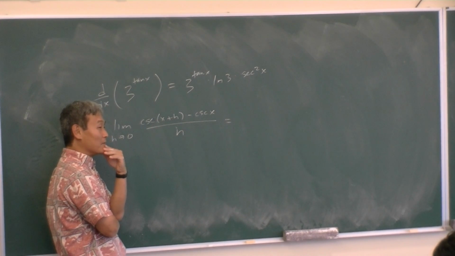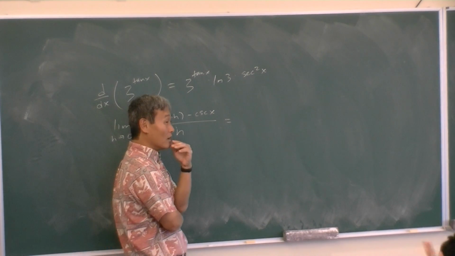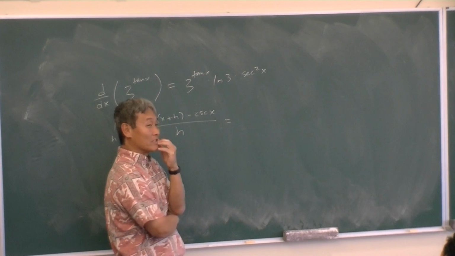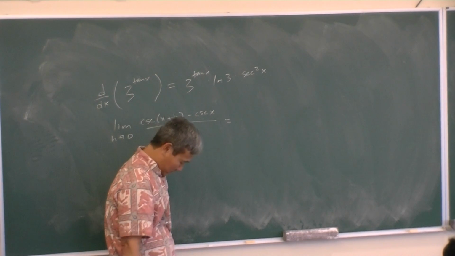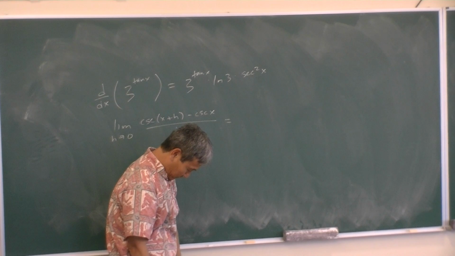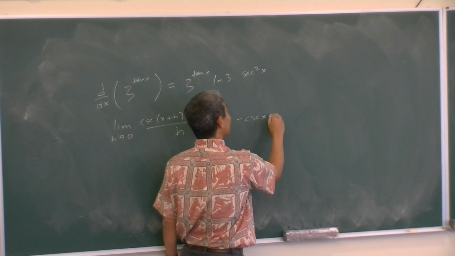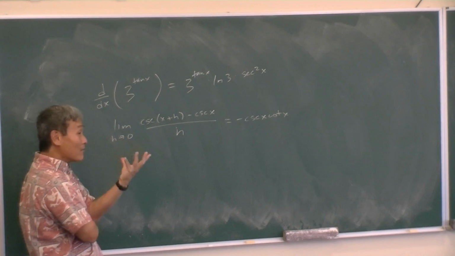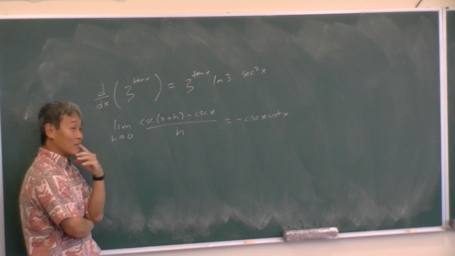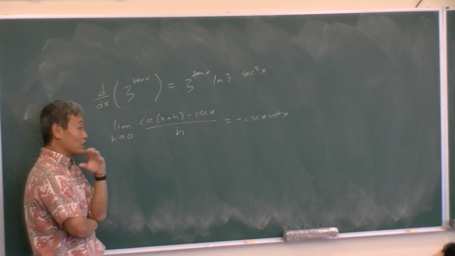That's the hard part. Maybe we need a speed quiz on Thursday. Yes, I think we do. How can we not know the derivative of cosecant x? Negative cosecant x cotangent x. See, so the problem is we don't know our derivatives and integrals. That's the problem. I think you guys are good with the concepts, but you don't know the